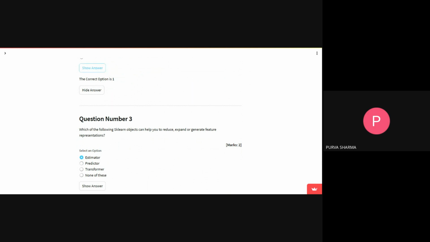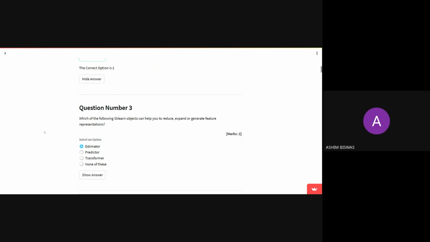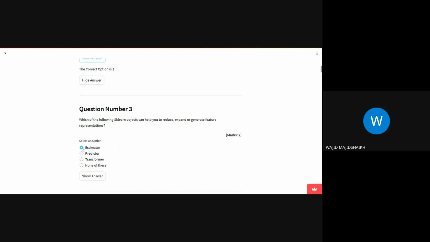What estimator? Why not transform? No, transform, whatever fit I'm doing will be transformed to the actual data. Fit underscore transform will do the fit and transformation of the data. It's none of this, because feature selection and feature